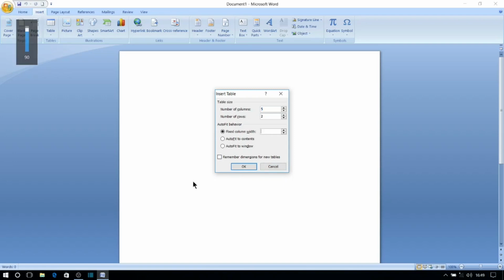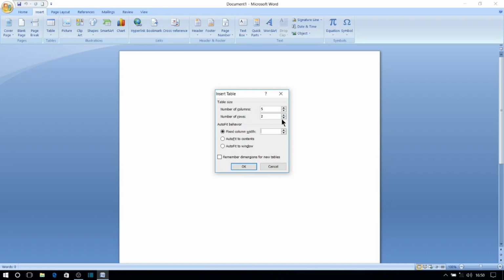First, we will see how to draw a table with a behavior fixed column width, the first option. You select the fixed column width option and decide the number of columns you are going to draw in the table and the number of rows we are going to have in the table.